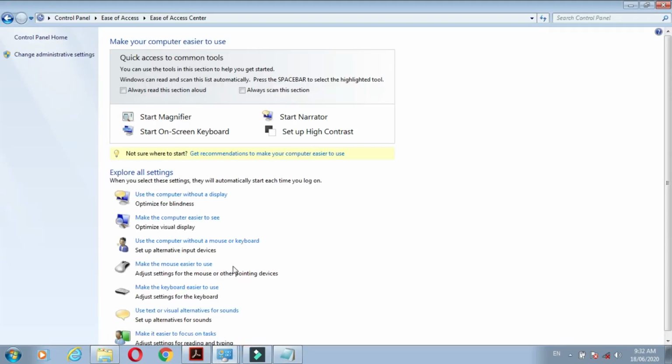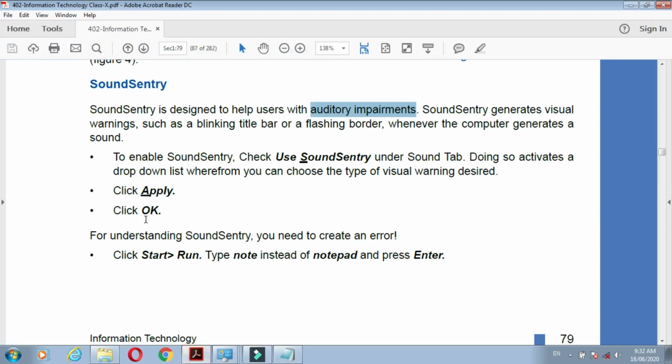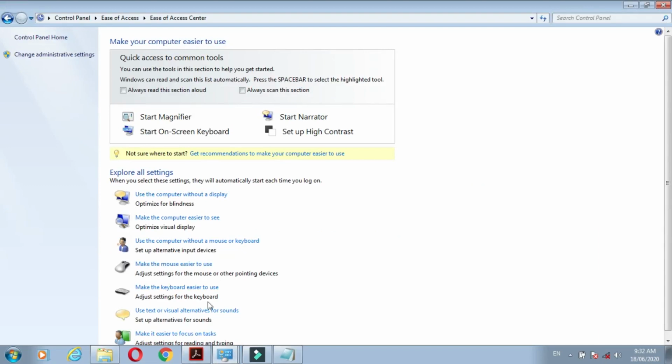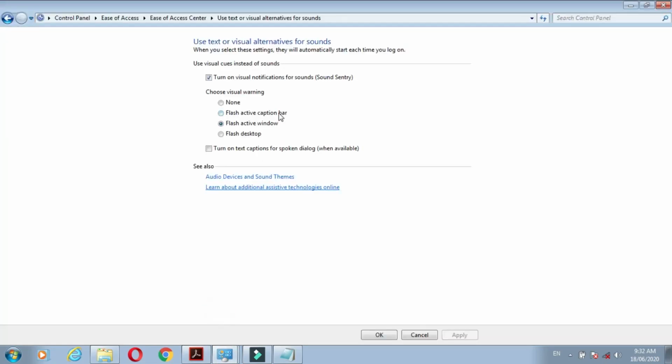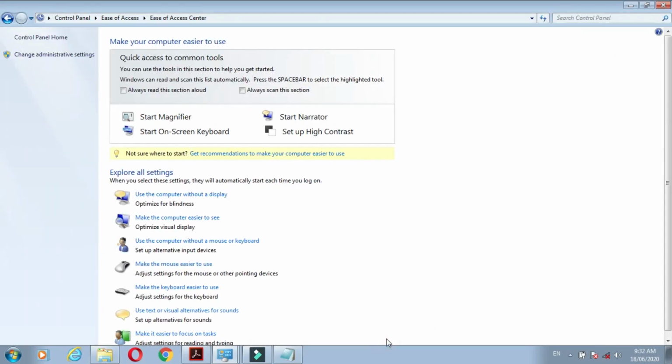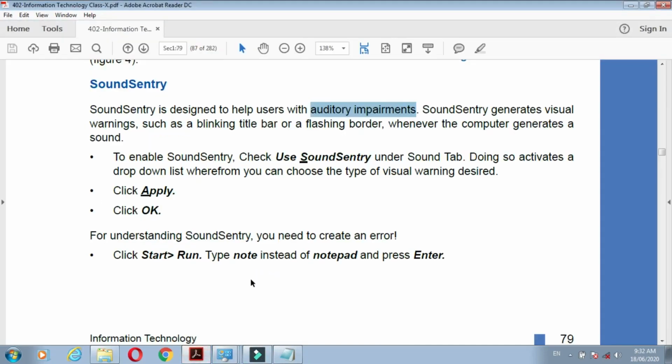See, if you want to uncheck, how can you uncheck the use of sound sentry? Go into control panel, then sound sentry, just turn off and apply. Okay, in this way you can turn off the sound sentry. Understand? Now next topic, that is